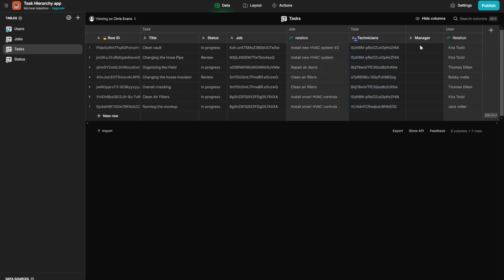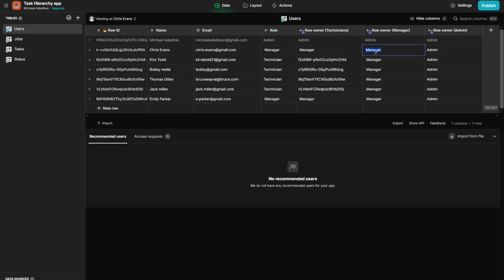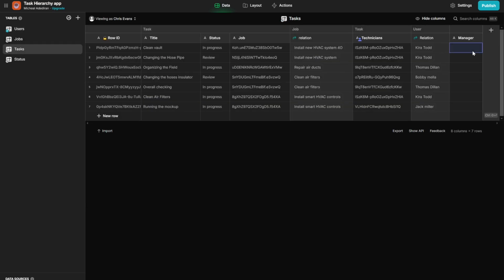Save this, and I could just put this back here. What I just need to do here is write the value in that row. In this case, it was manager. Copy that. Writing manager in all of these rows. Now that that's written, I'll make this a row owner. Make row owner. And now when I view as Chris, you can see Chris now has access to each of